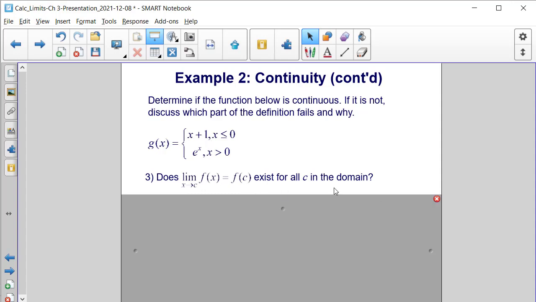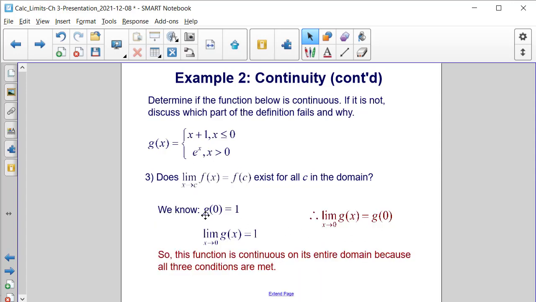So we have to determine, does the function value at 0, this key critical point, also equal the limit of f of x as x approaches 0? Well, we know that g of 0 is 1 from step 1, and we know that the limit of g of x as x approaches 0 is equal to 1 from step 2. And because the limit of g of x as x approaches 0 is equal to g of 0, the function is considered to be continuous on its entire domain. Again, because all three